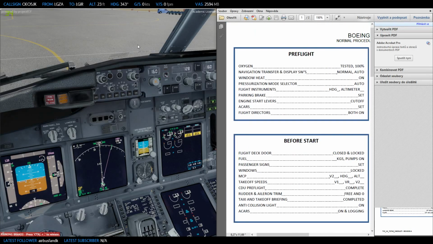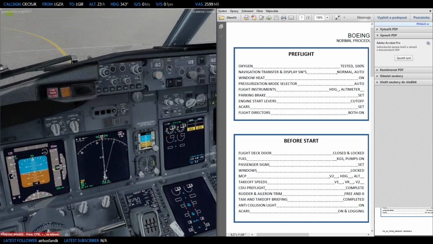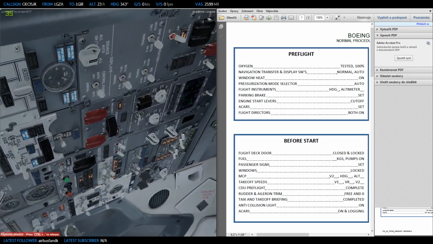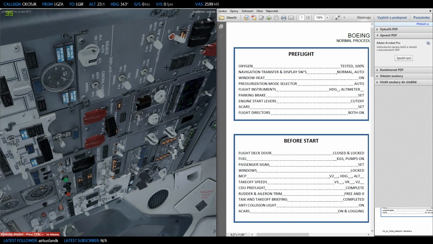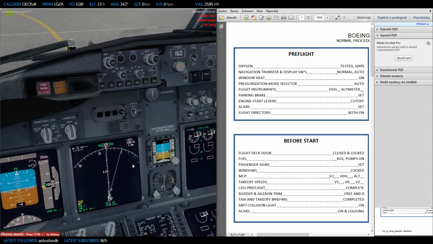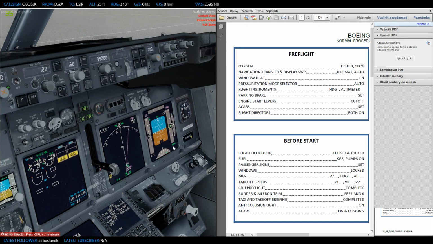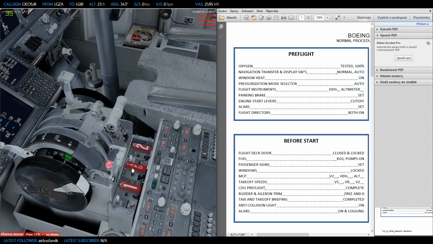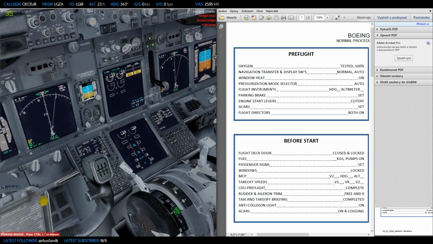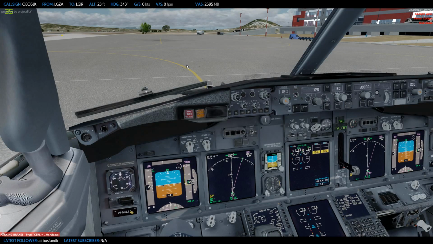So pre-flight checklist. Oxygen, I haven't done that, so let's test it. Test it 100%. Navigation, transfer, and display switches: normal, auto. Window heat is on. Pressurization mode selector. It's auto. I'm gonna just set cruising altitude. Flight instruments, heading 339, altimeters 1020 and 339, 1020. Parking brake is not set, it's set now. Engine start levers cut off, and ACARS I don't have that. Flight directors are on. So pre-flight checklist complete, and I think we can actually do before start because we have